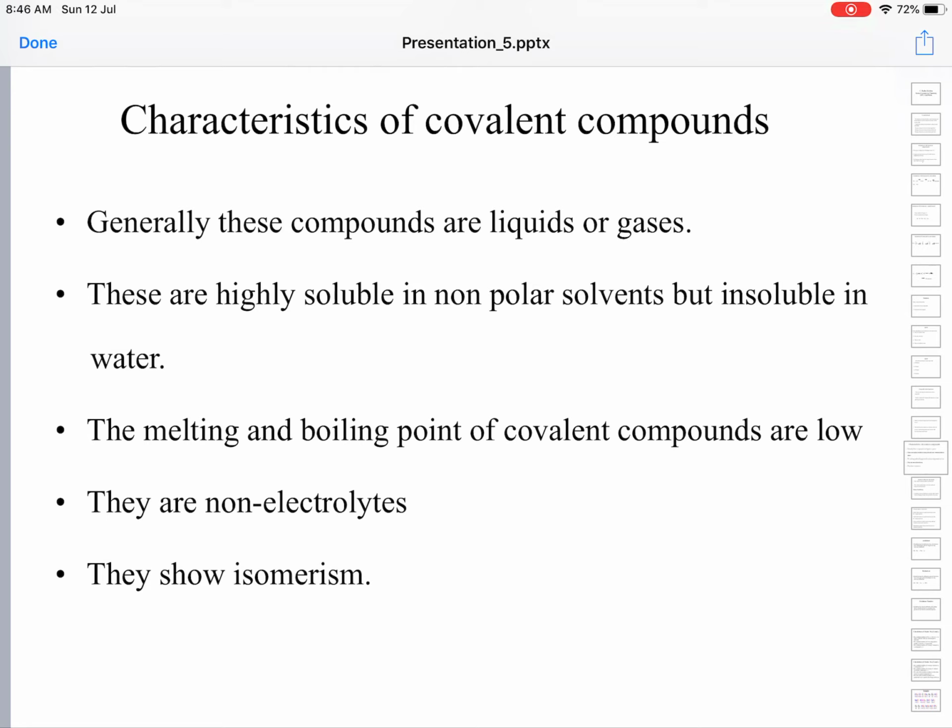And a covalent bond is a directional bond. You can actually see the direction between the two internuclear axes. It is formed by overlap of atomic orbitals, so it is a directional bond. Whenever you have a directional bond in compounds, they exhibit isomerism. The reactions of covalent compounds are generally slow, molecular in nature. These are some of the characteristics of covalent compounds.